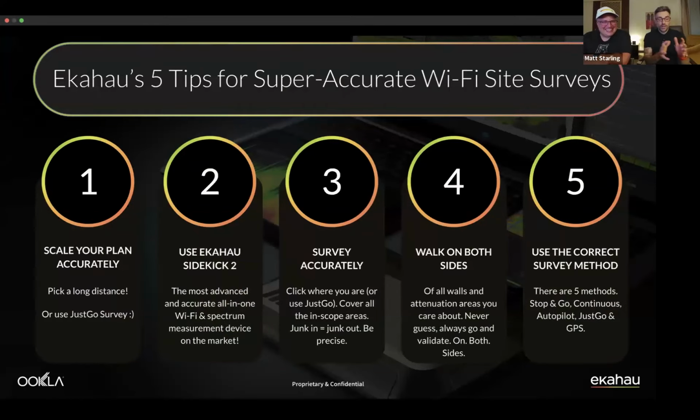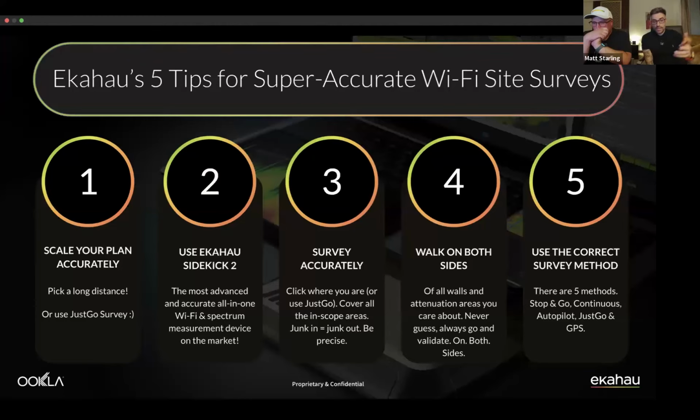So a few quick tips when it comes to doing a site survey. You need to make sure that you scale your floor plan accurately. Now, there's a few methods that you can use to do this. Ideally, you want to use the longest distance possible. If you go on site and measure with a laser measure, sometimes you have floor plans that have a scale on them, but you always want to verify and validate that. Sometimes now you can even use your iOS devices, or probably Android devices have some sort of measure scaling application that you can use. But it is really important. Everything is distance related when it comes to Wi-Fi. So make sure you get that accurate.